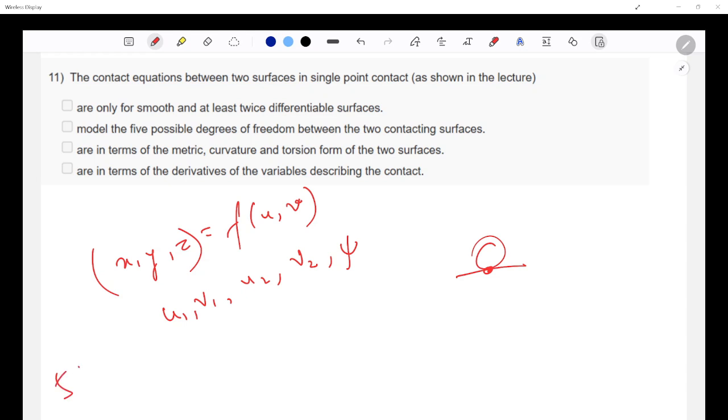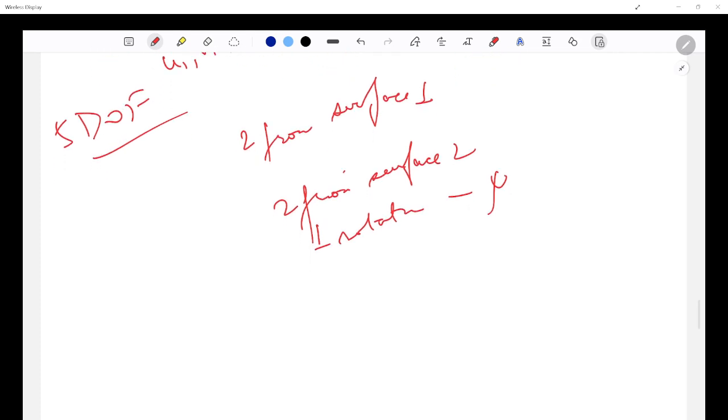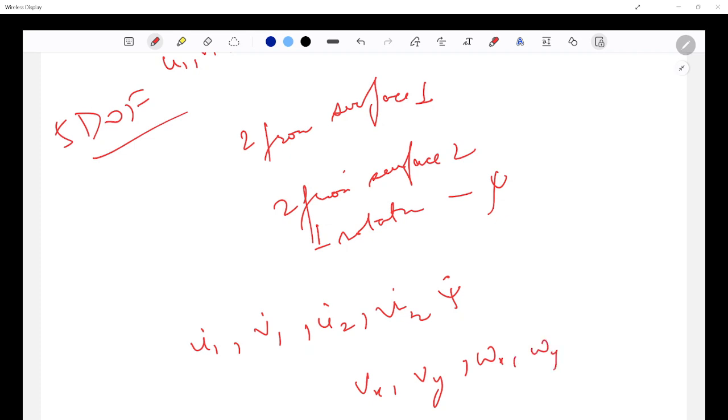So there are a total of 5 degrees of freedom for contact: 2 from surface 1, u1 and v1, 2 from surface 2, u2 and v2, and 1 from rotation, which is psi. They relate u1 dot, v1 dot, u2 dot, v2 dot and psi dot